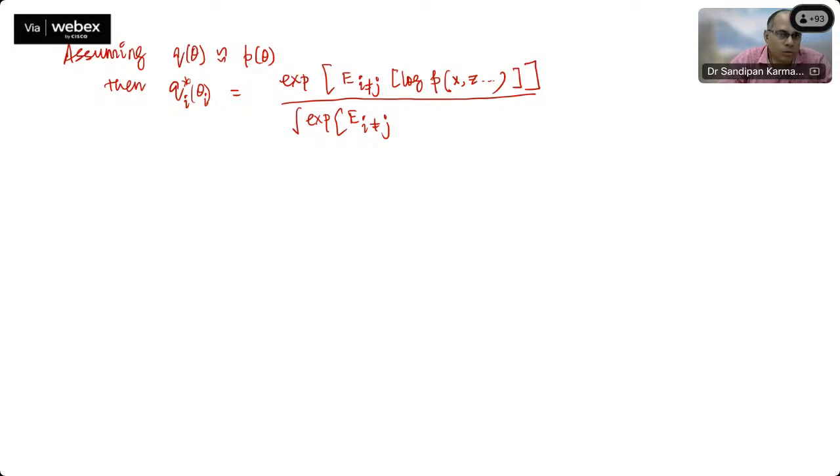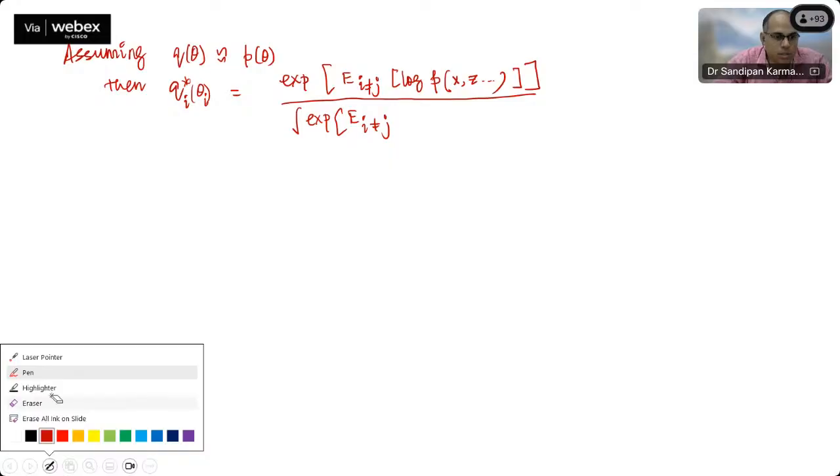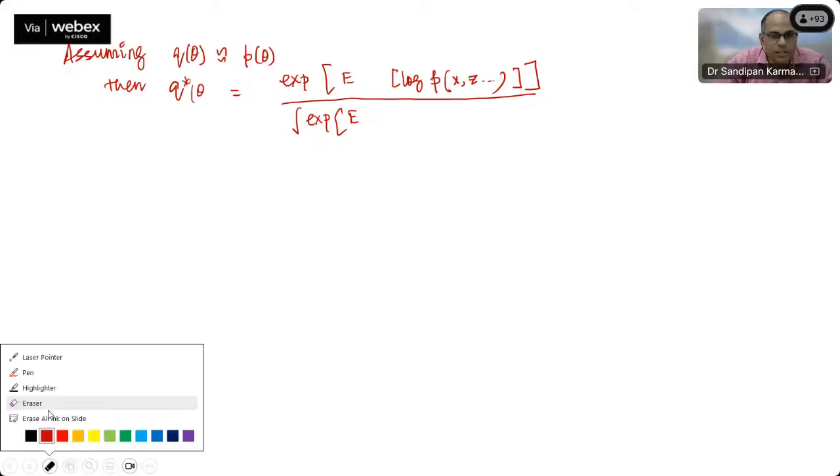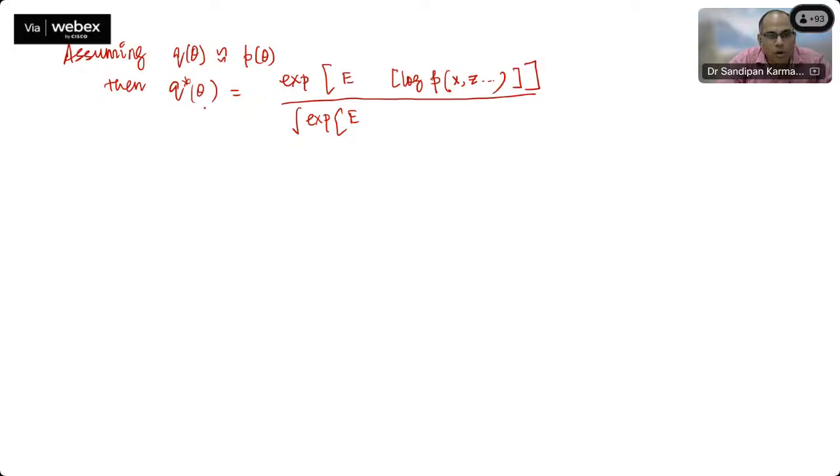No, so let me reframe this. This notation might be wrong. So let me reframe this. Then I'll be giving you an example. Then I think you will understand exactly what I mean. Okay, so here,